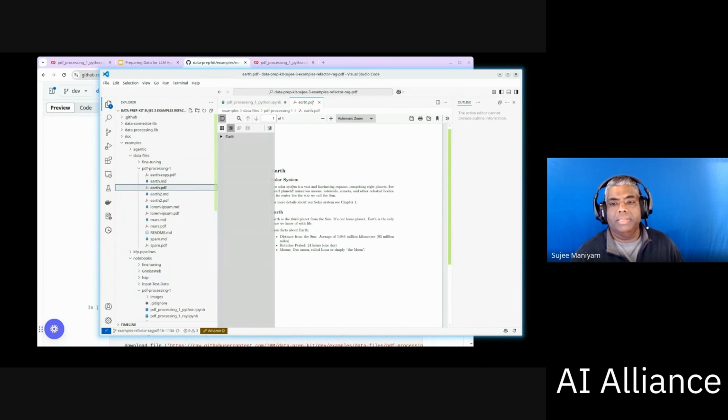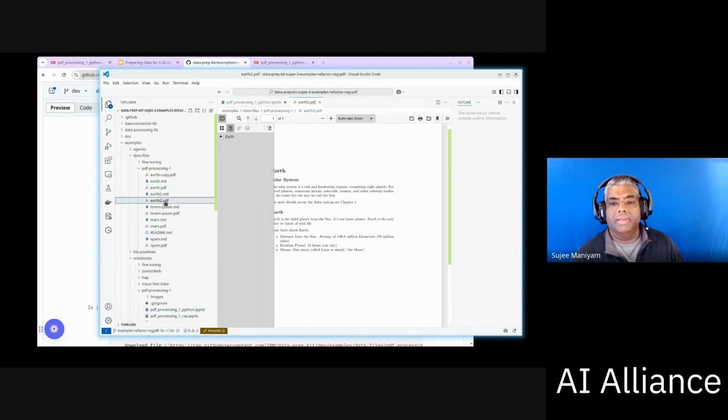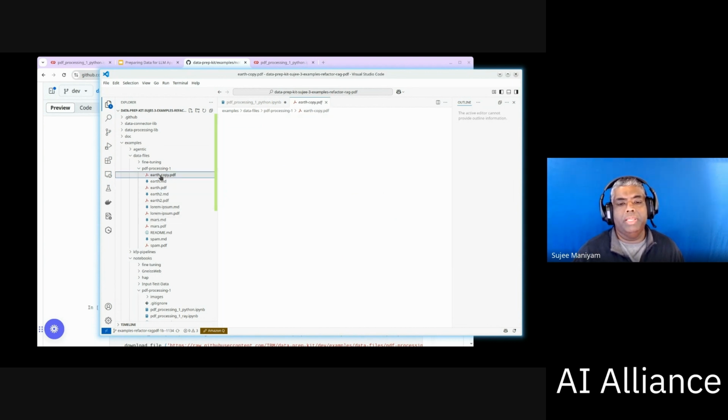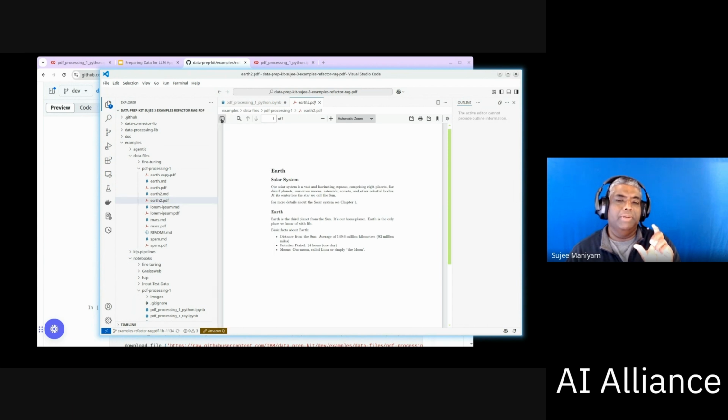I have something here, my Earth data, just one-page PDF documents. Just one example, and you will see I have a bunch of copies. So Earth and Earth copy, they're the exact same thing. They are duplicates. And Earth 2, I think there's only one word that's different,